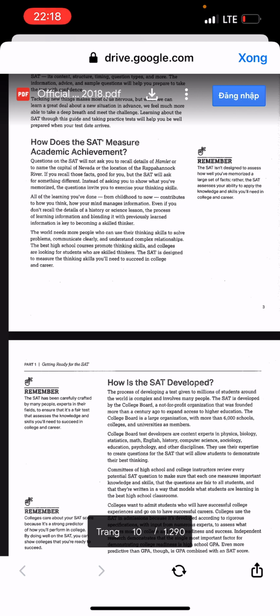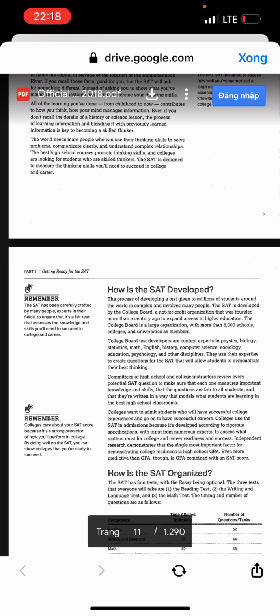The College Board is a large organization with more than 6,000 schools, colleges, and universities as members. College Board test developers are content experts in physics, biology, statistics, math, English, history, computer science, sociology, education, psychology, and other disciplines. They use their expertise to create questions for the SAT that will allow students to